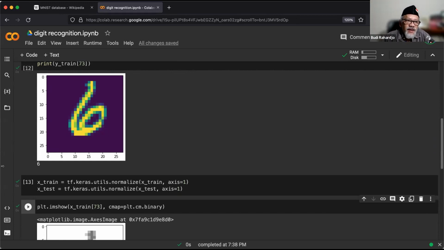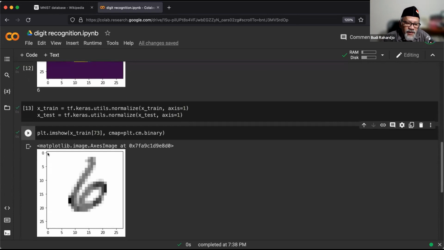This is a grayscale, meaning the white is 255 and the dark black is 0. This is 28 by 28. You can see that if it's bright, that is the value of the pixel. That dot is 255, 255, 255, 255. Then there's some kind of grayish, probably 170. Even darker, 55. Even darker again, 0, for example. So this is the image we are going to feed into our machine.